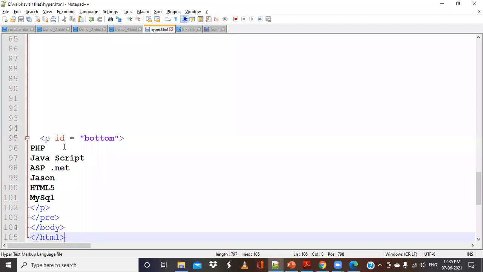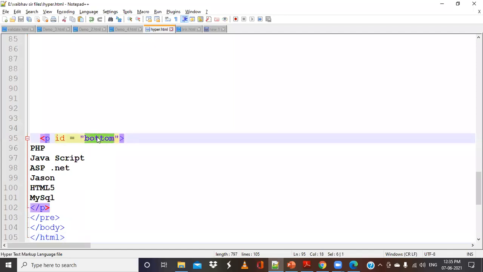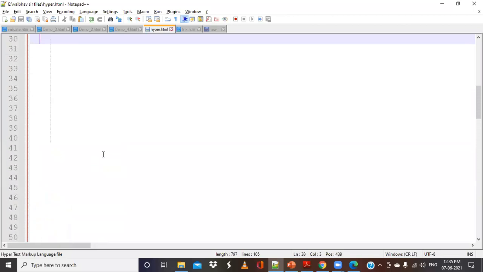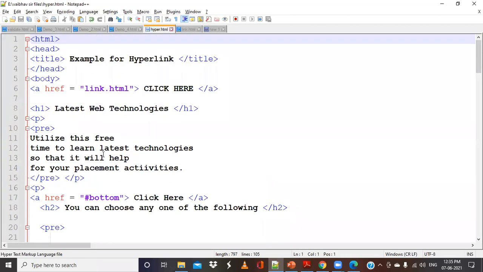So to uniquely identify where my page should navigate, I have created an ID. That is, I have included an attribute for the paragraph, and I have mentioned it as bottom. Are you able to get this, everyone?